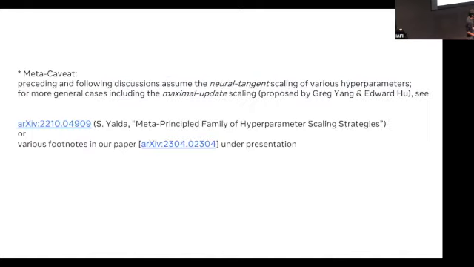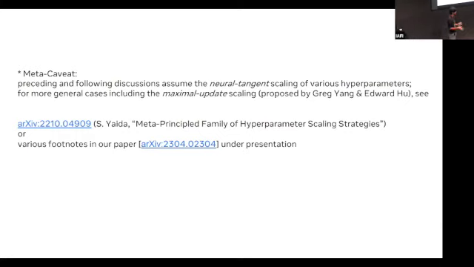On the last slide, I want to have in the back of my mind what types of things I should be thinking about. Should I be thinking that if I do this different scaling, the type of field theory I'm going to get is different, or a totally different structure, or just a minor tweak? Should I be worried about this meta caveat, or can I forget it for the purpose of this talk? So for the purpose of this talk, you can forget it.